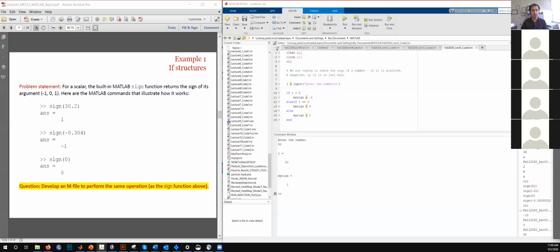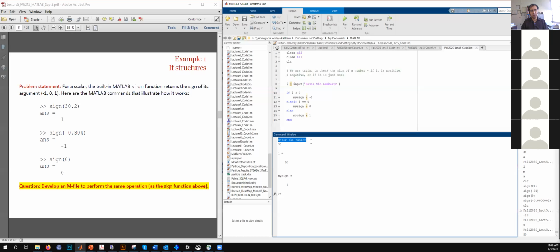Okay, so this is a script file. And the problem with the script file is, as you saw, that every time we need to run the thing to get this question out, right? Otherwise, it cannot really run twice. But what is more useful than script file? It's the function file, where once you have written the function, you can use any number of times. So let's try to adopt this, but transform it into a function file.